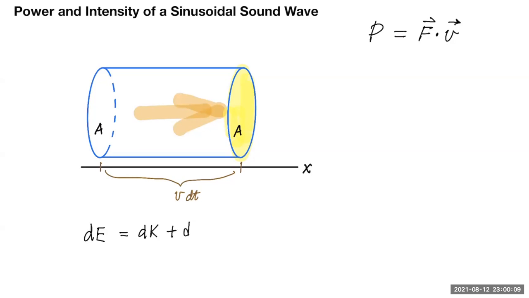We also know that per cycle, the kinetic energy and potential energy have the same average value. Okay, they each equal half of the total energy per cycle on average. So let us concentrate only on one of them. Let's say the kinetic energy. Let us find the kinetic energy possessed by the oscillators in this region, and if we double that,